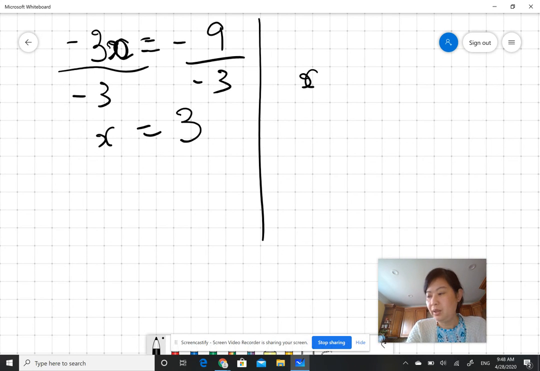If x divided by 2 is 5, how do you solve? So this is divide, you need to multiply by